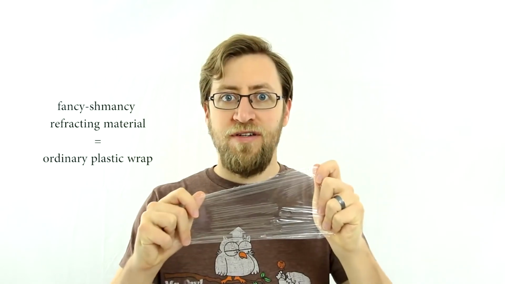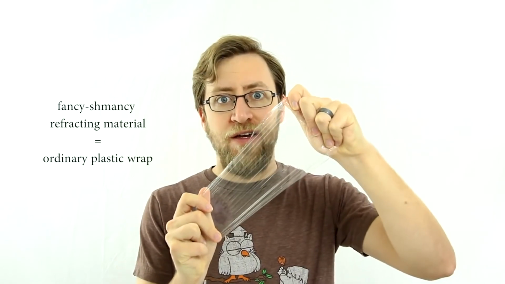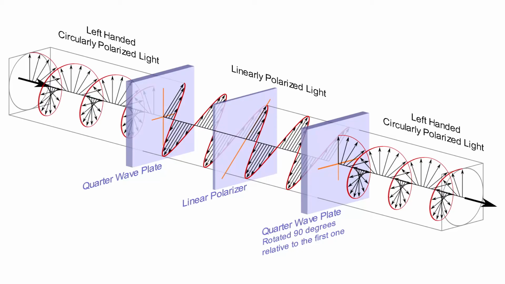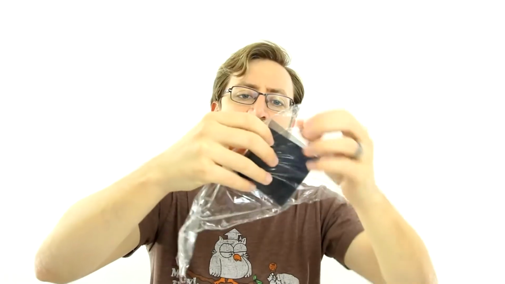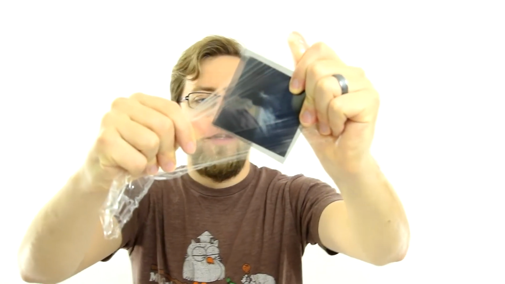Then you take that material and you put it at a 45-degree angle relative to your polarizer. That makes the light slow down in one axis more than the other, which causes the light to develop a circular wobble. You can see this start to work if I take two polarizers that are opposed to one another and then I stick the material in between. So if I do this without really stretching it, it doesn't really look any different. Then if I take the material at a 45-degree angle and start to really stretch it, then you can see